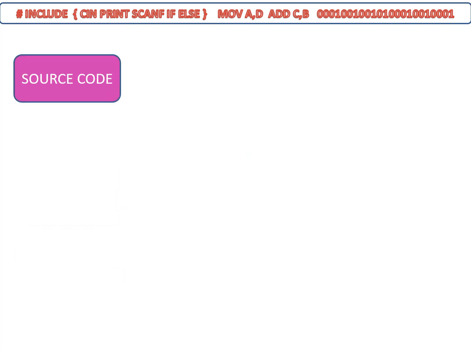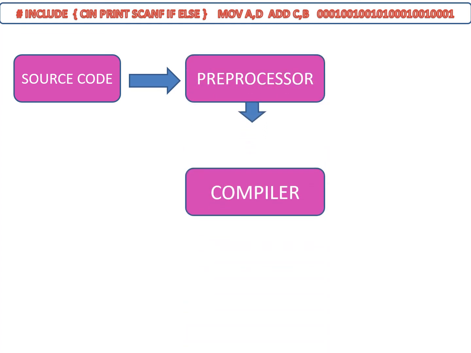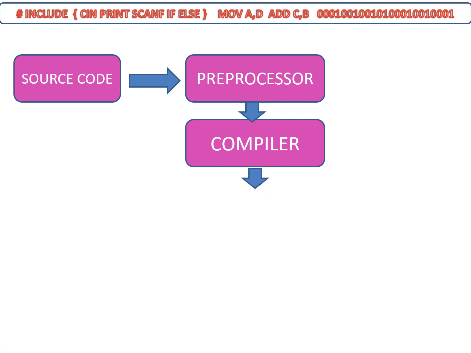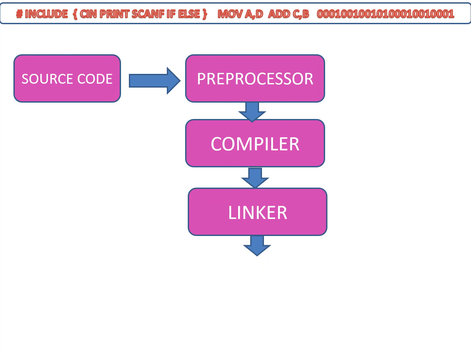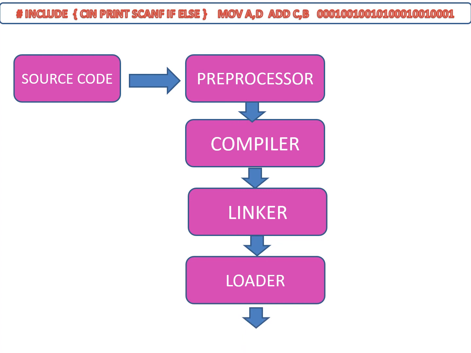Next, here we can see how the source code gets processed into runnable code. The source code is processed with the help of a preprocessor in the initial stage, then the compiler translates it into machine code, then the linker links the essential modules, and then the loader loads it into the RAM, and your program gets executed after being converted into machine code. So this is the process behind how your high level language instructions are converted into a runnable program.